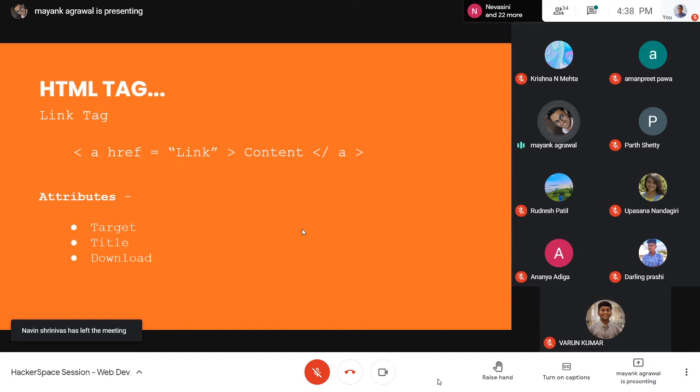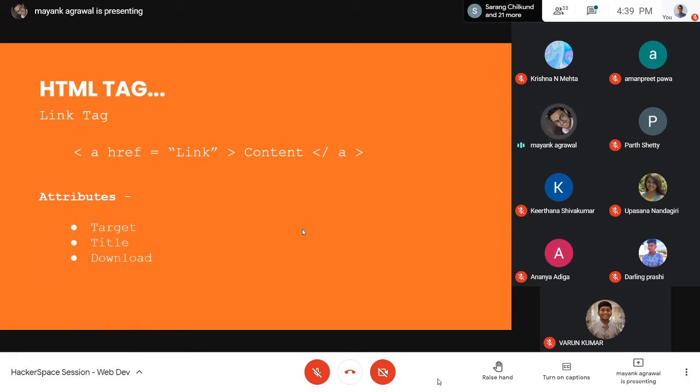Now this link tag is something that's important, and it's basically used for, say, multiple pages built for your website. It has an about us page, a contact us page, a projects page, a team members page, something like that. So you want your user to be able to click on some content and reach that particular page, right?